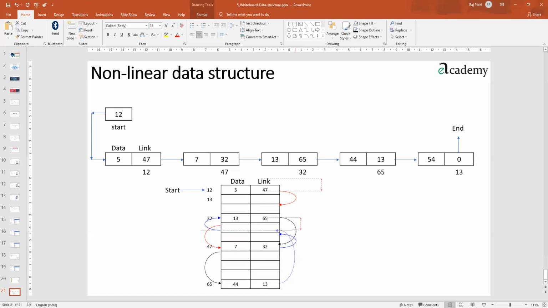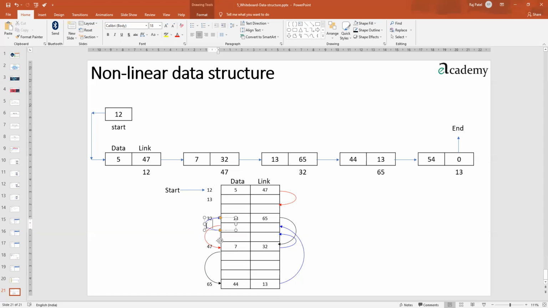Okay, and also expand it like this. Okay, from here it is going to 13.